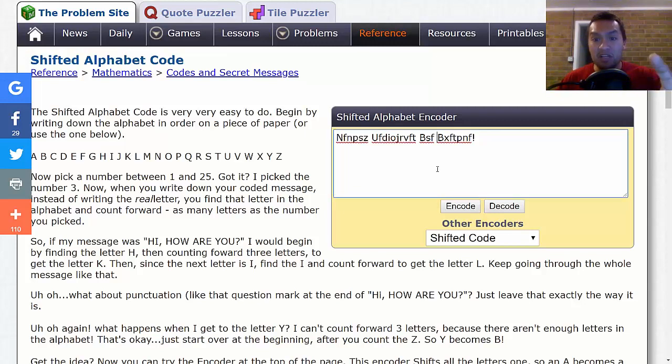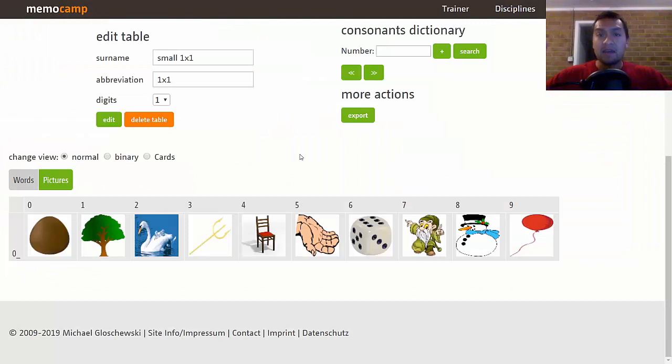So this same concept could be applied to memory techniques. Now the only thing that has to happen is that you and this other person have to have the same images because it won't work otherwise. So let's say you have these 10 images, but instead of a dice, someone else has, I don't know, a pizza for whatever reason. Now, why this doesn't work is because if you're saying dice, dice, dice, the other person doesn't know what dice represents because the encoded part are these images, okay? That's the secret code.